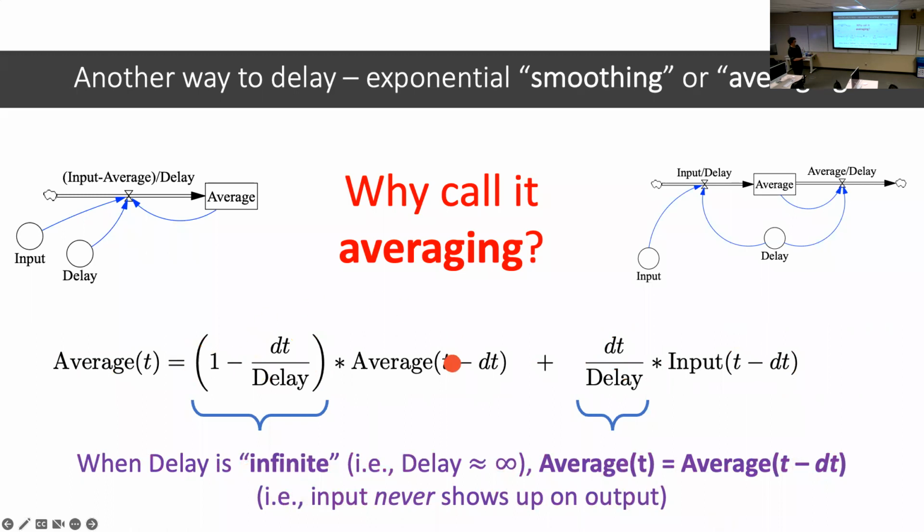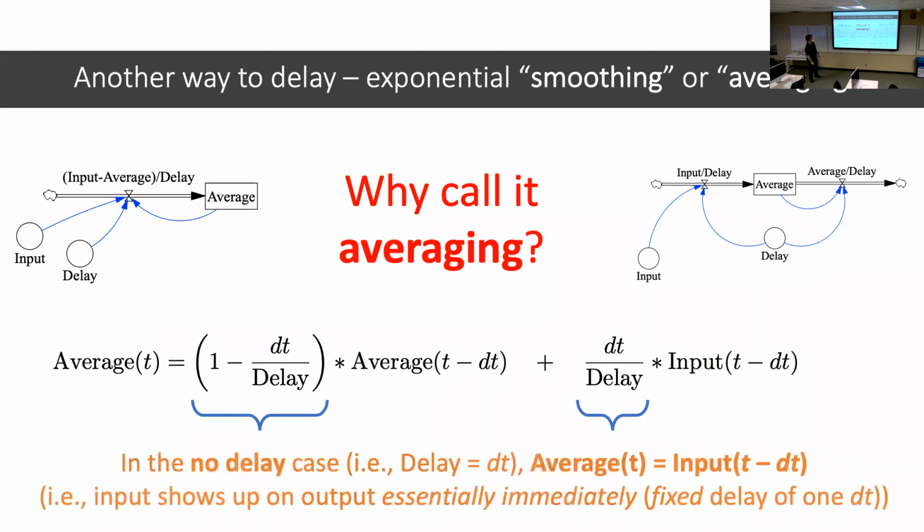And this becomes: the water level later is equal to the water level now, with no change from the input. So if you have an infinite delay, it's like the input's ignored. If you have a small delay, then it's like the input is taken on immediately. If you have any intermediate delay, it's a mixture, a weighted average of the previous water level, or the previous